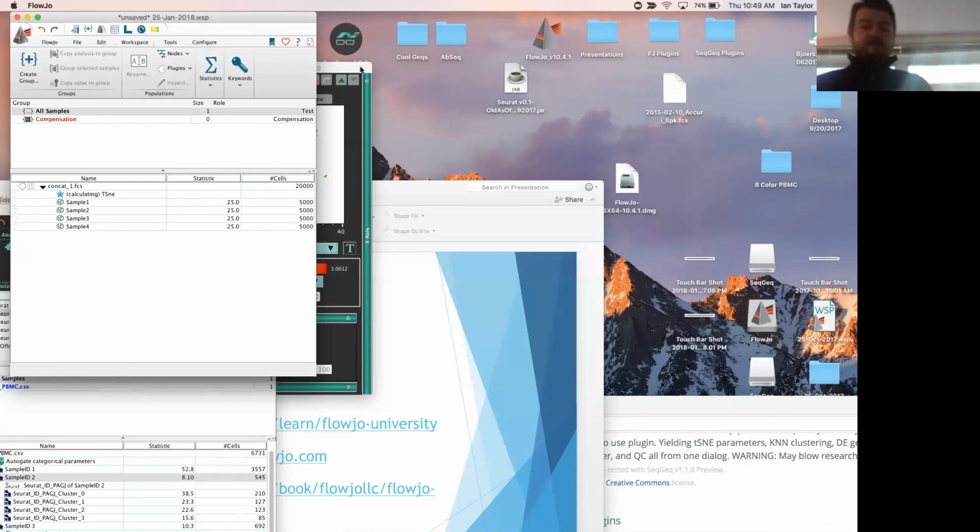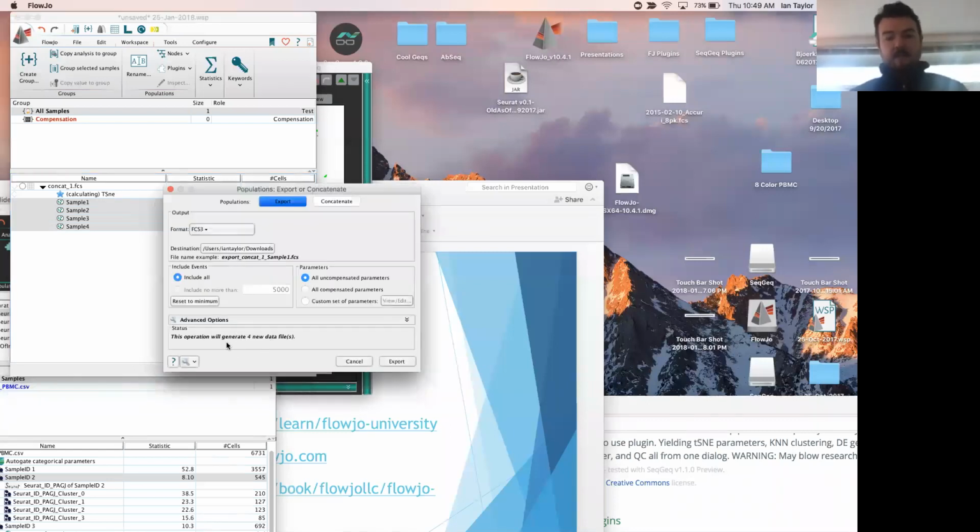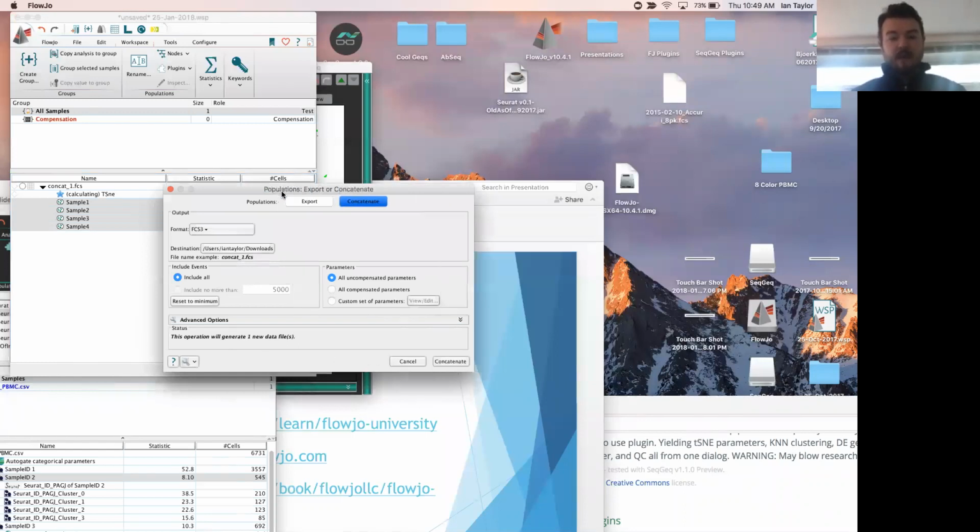Really great question. Glad you asked that. In fact, while we're waiting, I might just illustrate what that would look like. So if we select these samples again, let's right-click, export. Now, if I export as is, it'll export all 4 files, but if I choose concatenate, it should combine